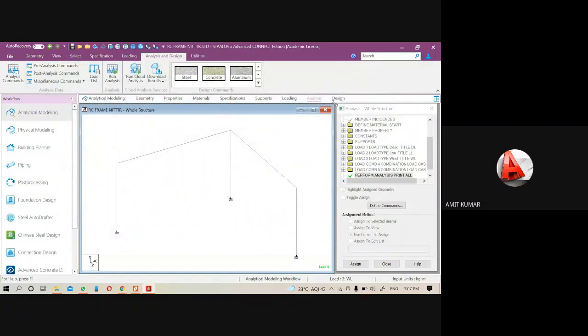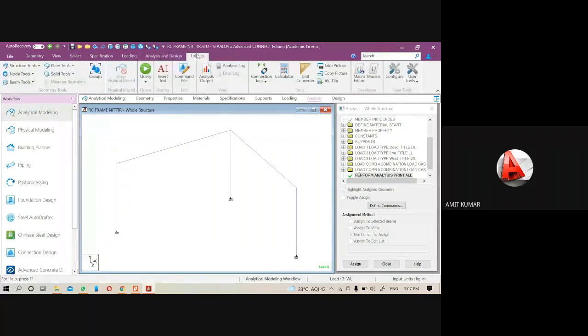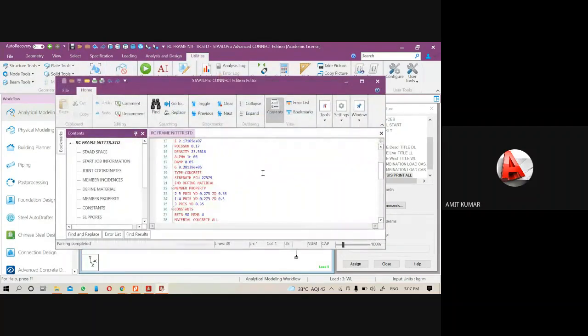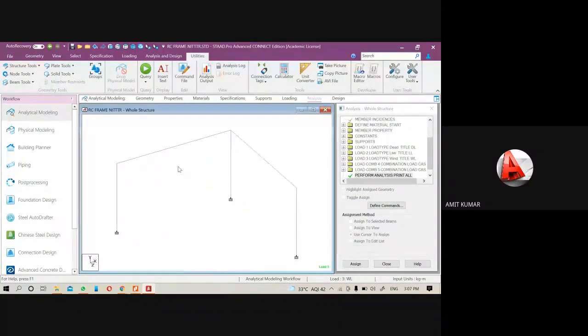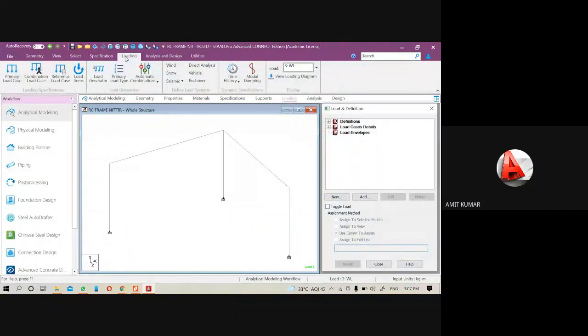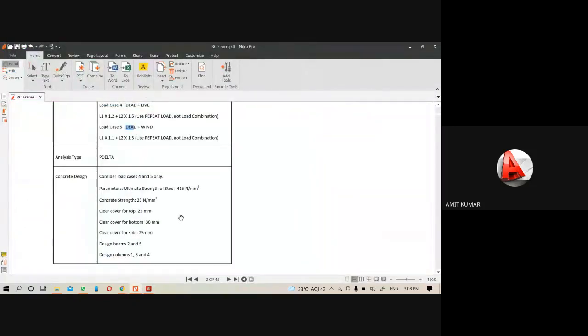Now we will do the concrete design. Let me check one more thing from the command file. Before doing the concrete design, we have to change the unit into Newton per square millimeter, because concrete design parameters are shown in Newton per square.